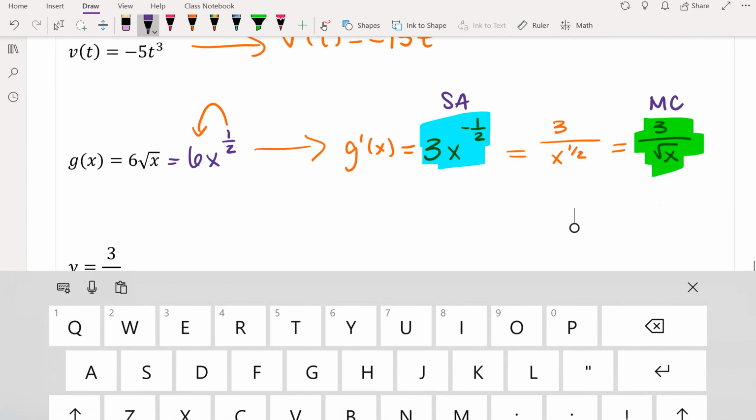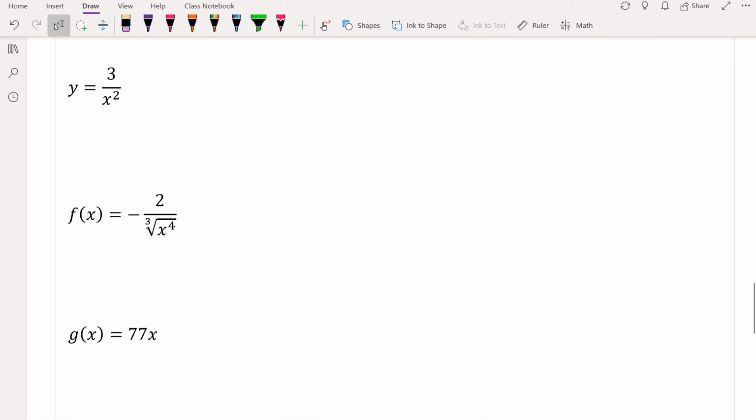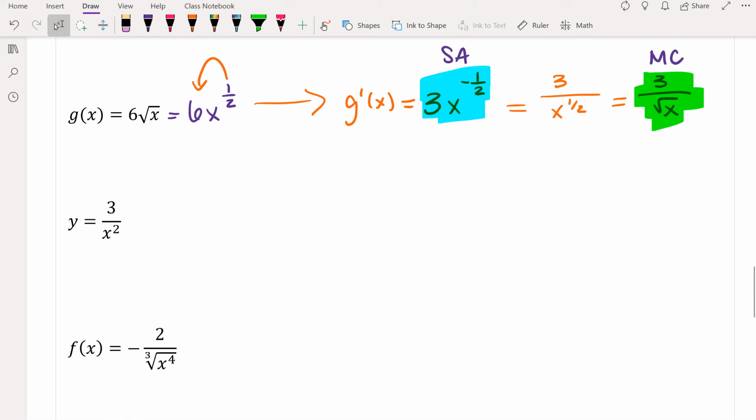Let's move on. Make sure you rewrite them when they're not set up in exponent form, or when they're not set up with your exponent being in the numerator. So we have x squared in the denominator. We need to say what this is equivalent to. That would be the same as 3x to the negative 2. Cool. So then y prime equals,